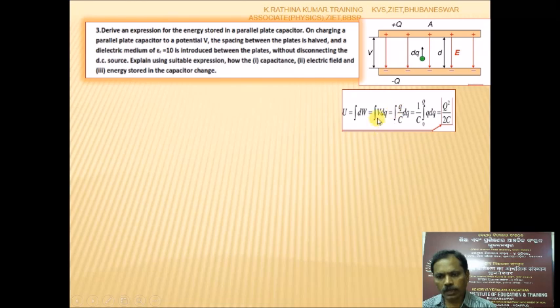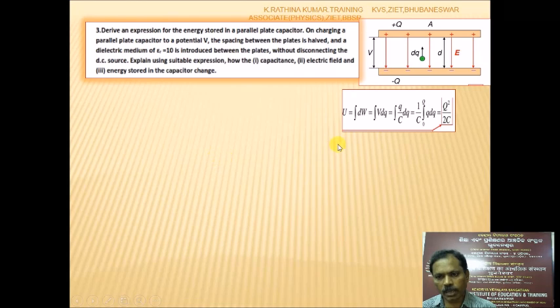As per this capacitor, C is equal to Q by V, so V is equal to Q by C, where C is the capacitance of the capacitor. So the work is V dQ, which is Q by C into dQ. Integrating Q dQ gives Q square by 2. Since 1 by C is a constant, it is taken outside, and the limits are from 0 to Q. The lower limit 0 cancels, so Q square by 2C minus 0. So Q square by 2C is the expression for the energy stored in the capacitor.